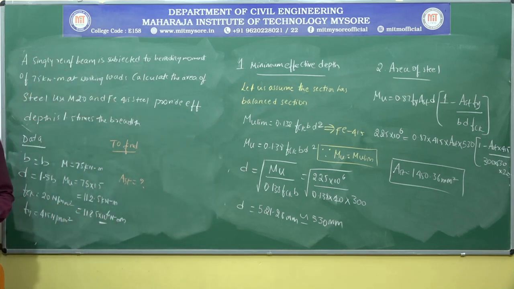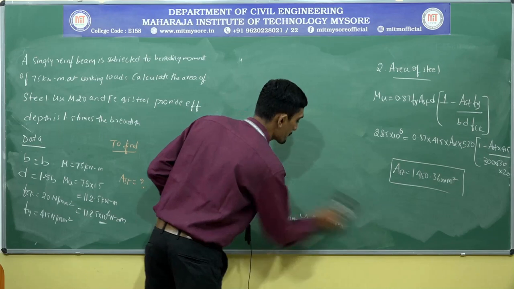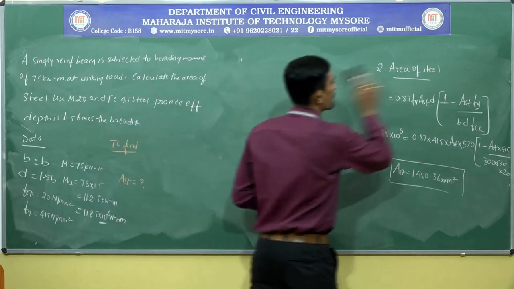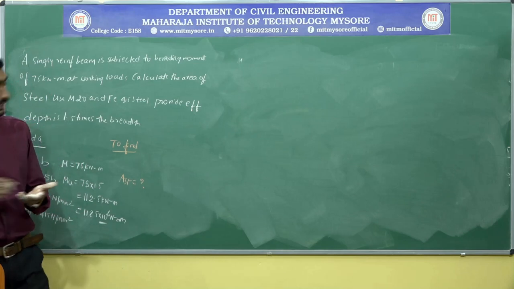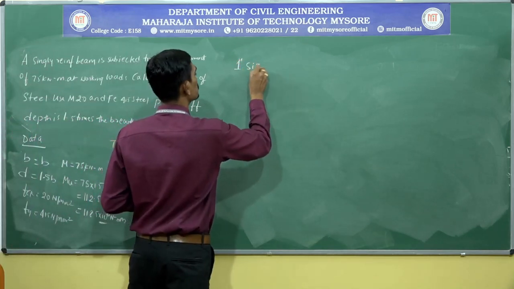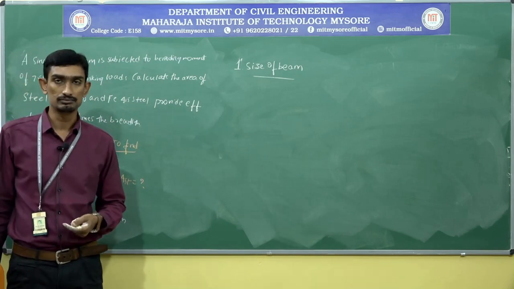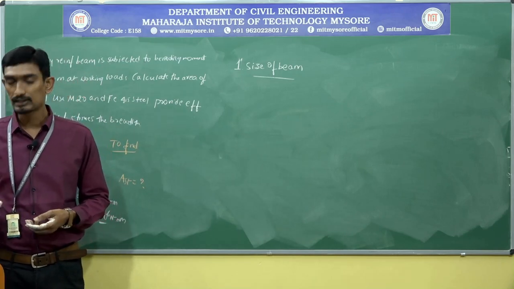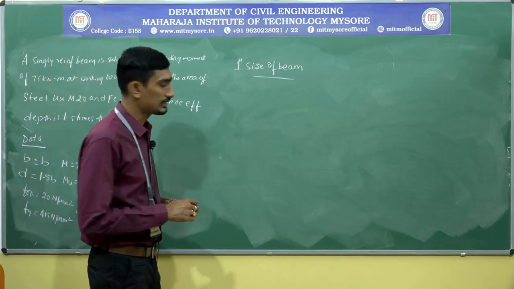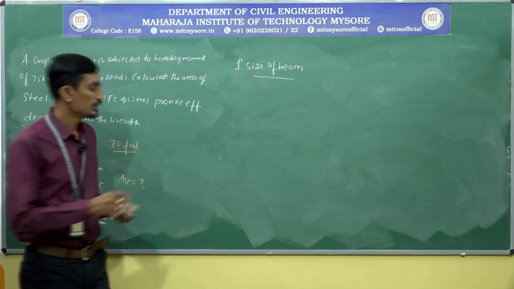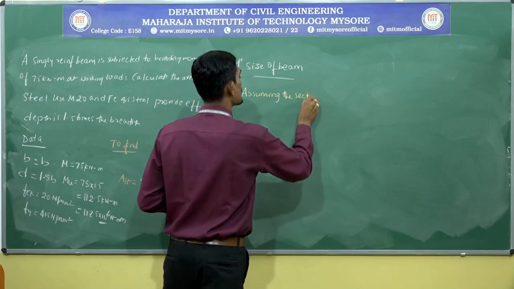So how to proceed with the problem? First, let us calculate the size of the beam, because we don't know what is B and D. Without knowing B and D, you cannot find out the area of steel. So first, let us calculate the size of the beam. For this, as I have stated, assuming once again the section as balanced,